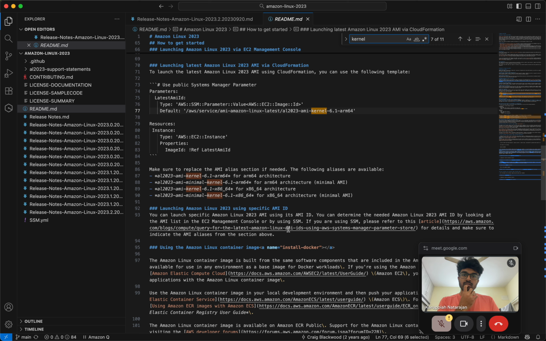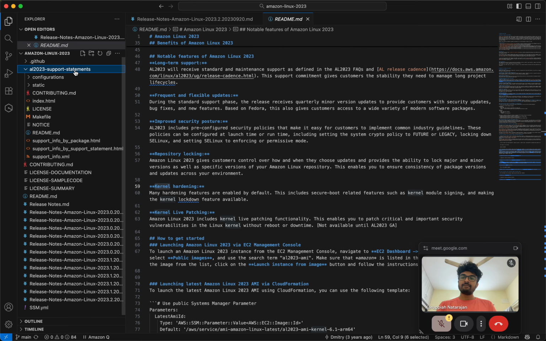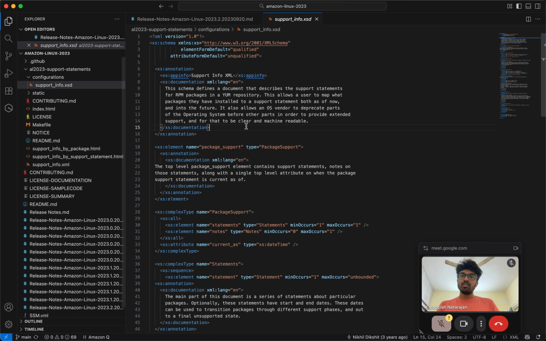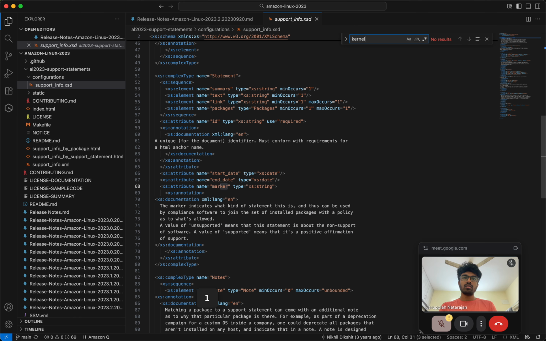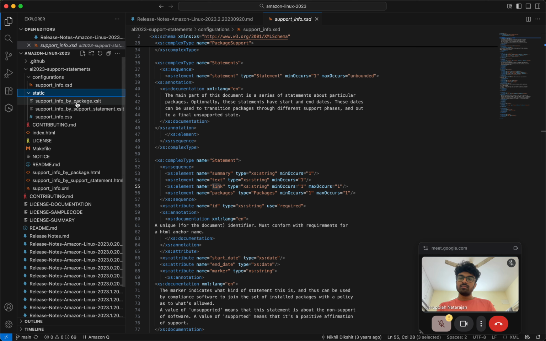Kernel 6.1, 6.1. Okay. Configuration, kernel, Linux. It's hard to find out.